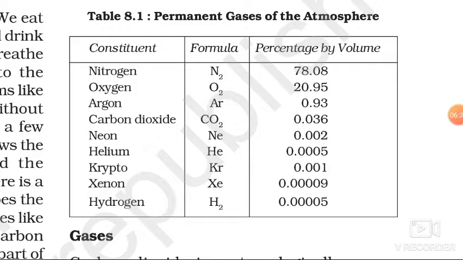You have to remember the order of these gases: nitrogen, oxygen, argon, carbon dioxide, neon, helium, krypton, xenon, hydrogen. Because in the examination, any four options can be given by the examiner, and they can ask you to put these in ascending or descending order. So you have to remember this in a particular order. And hydrogen is the